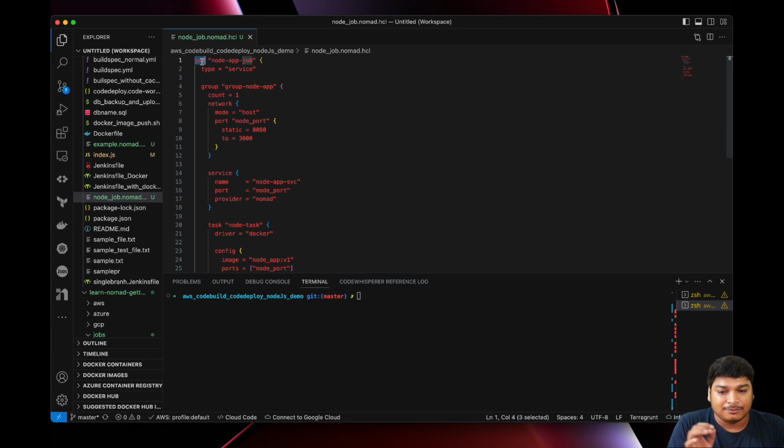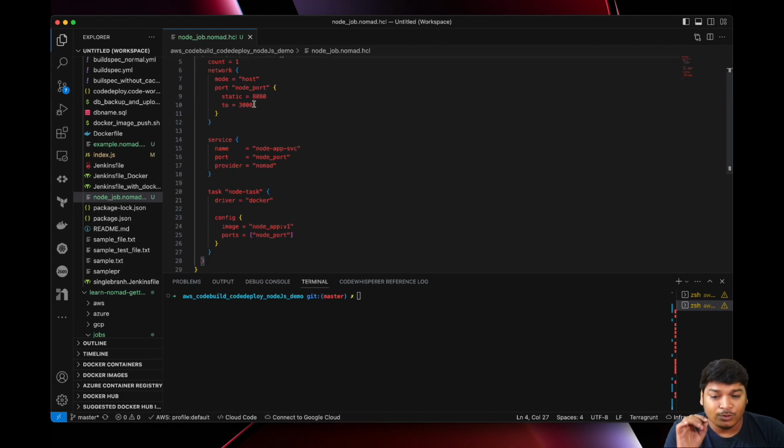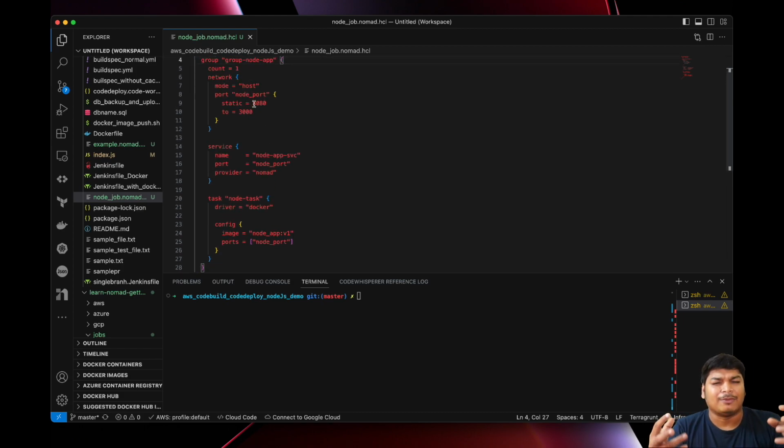Then, what should be the type? Type should be service. If you keep it as a service, then it will keep running. If for any reason your container stops, it will automatically restart. Then there's a group. In that group, you define that this is a group. Group can have multiple things, but I won't go to that depth. Just think there's a group, and in the group there will be networking, there will be service, there will be